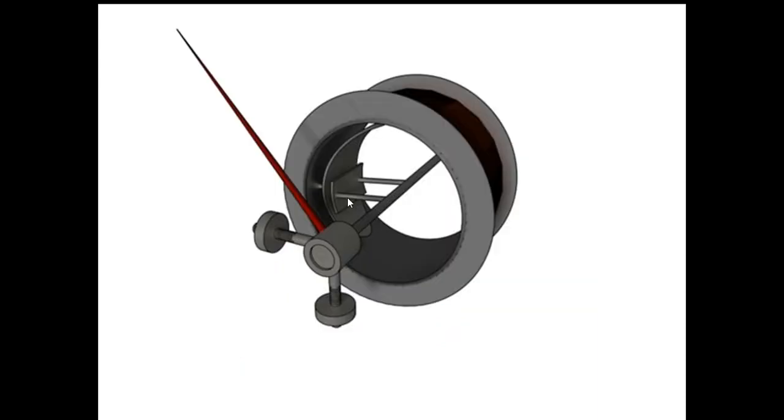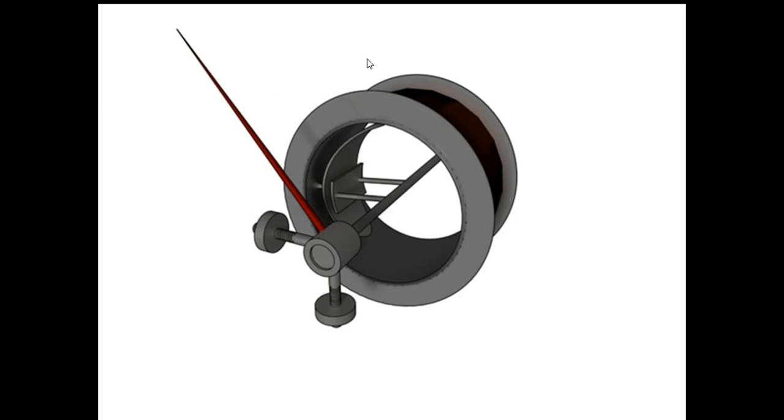Actually, this instrument will look like this. This is the cylinder, and to this cylinder the fixed coil will be attached. This is the moving iron, which is connected to the spindle. On this spindle, we have spring control and the pointer. In olden days, they used gravity control. This is the balancing weight, and this is the control weight. So this is the repulsion type moving iron instrument.